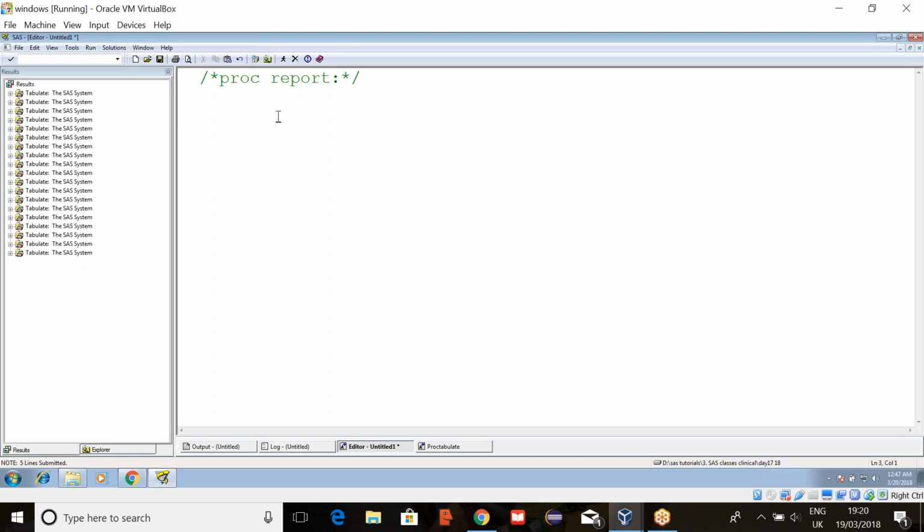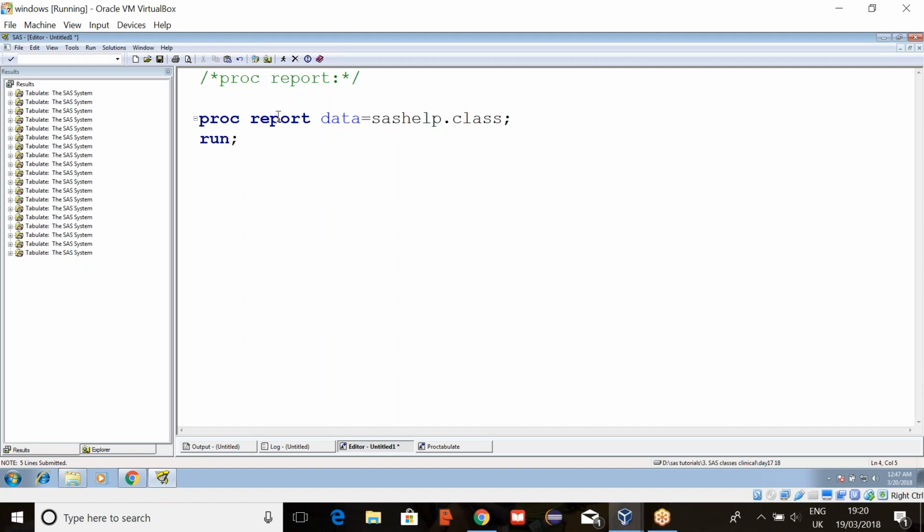Now let's see the syntax. In proc report there are many options, so we need to remember all those. Proc report data equals to sashelp.class.